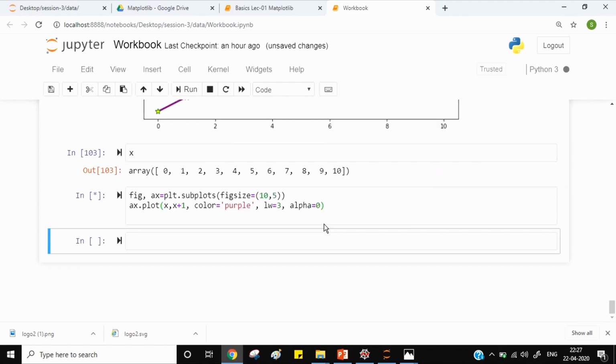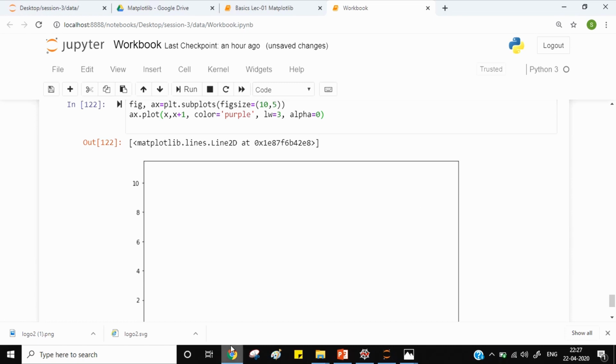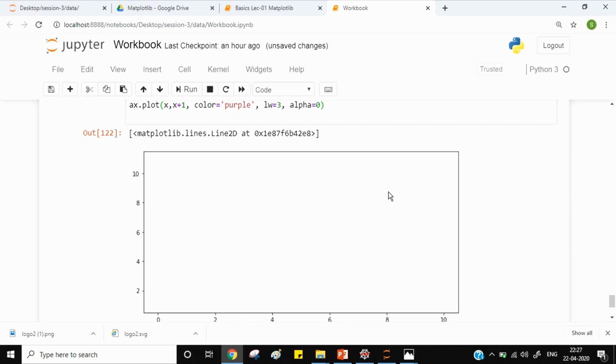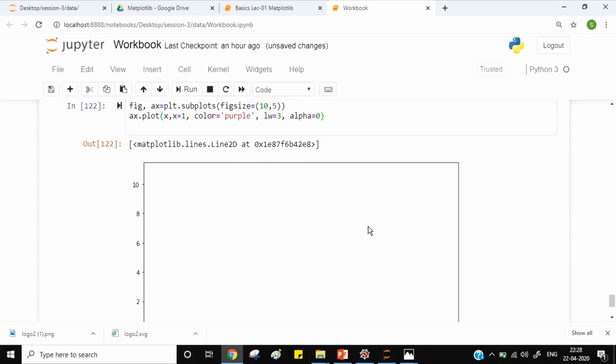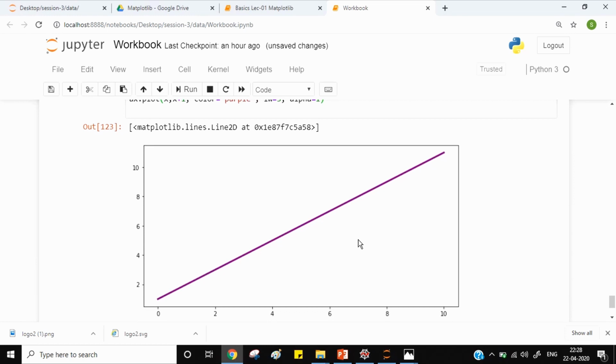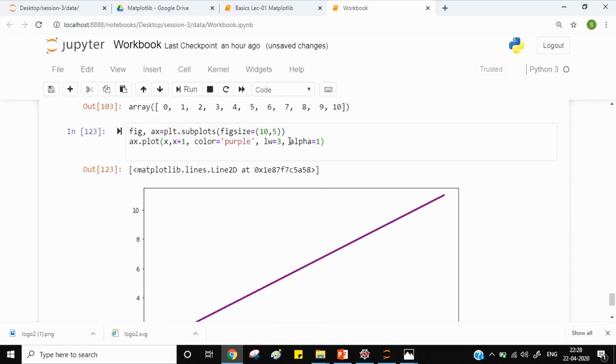If I use 0, then the plot will not be visible because now it is completely transparent. Because it is completely transparent, we can see the background of the canvas. That is why we cannot see the line. If I use 1, the line is completely visible. So this alpha is used for transparency.